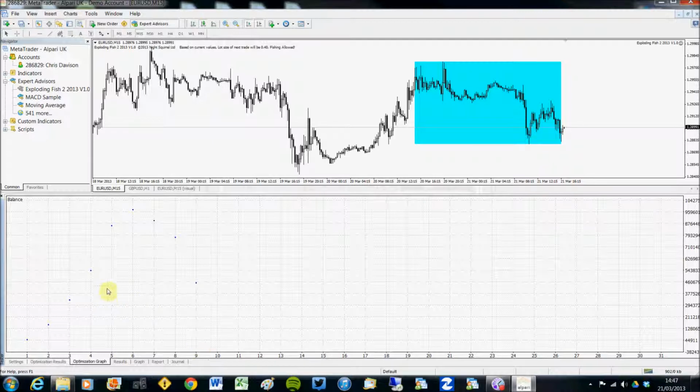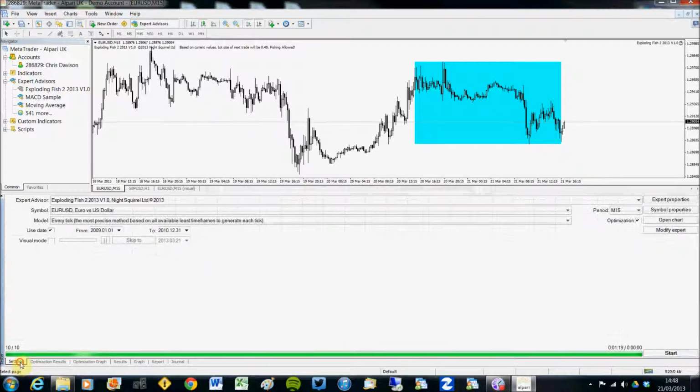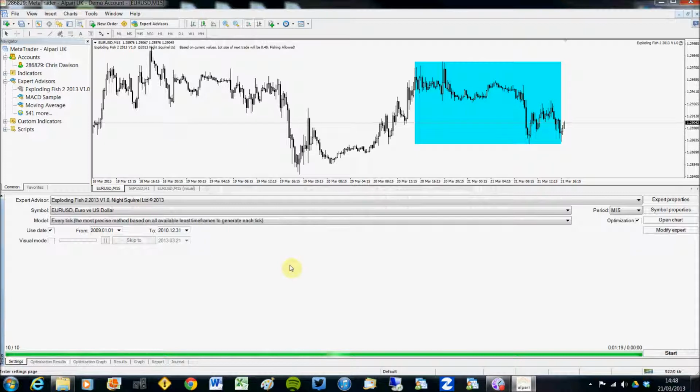Now looking at this, if we hover over this point here, this says that the optimum for these 2 years backtesting was risking 3% per trade. Now this is absolutely not suggesting that you should set this to 3%, simply because by doing so, 4 trades at a time, that means you're risking 12% of your account on each trade. And it doesn't take a very long run of losers to wipe you out on that basis. But you might decide that actually risking 1% down here is more comfortable because there's plenty of room historically, and you'd want to test this on more than just 2 years of data, but it gives you an idea of back testing,